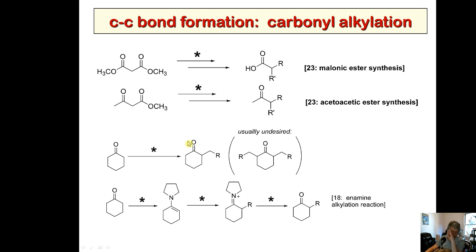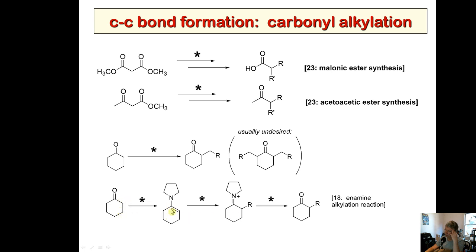These are other ways to alkylate things, and you learned this early on, that you could just take a ketone and attach an R group. You could do this with a strong base like LDA. LDA would take off the proton, make an enolate, and then attack an alkyl halide or something. The problem is you'd maybe get some double alkylation, some kind of extra thing going on. And what we learned at the time was that you could accomplish the same thing